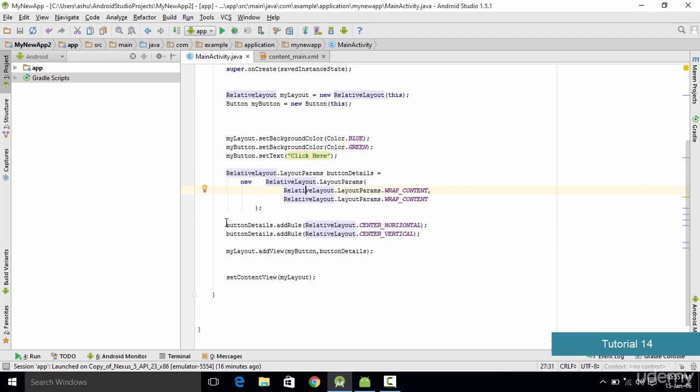Now the next thing which we did is that basically we want to set the position of the button in the center horizontally as well as the position of the button in the center vertically. So we have specified these two lines of code here. And then finally we have added this view, or we have added the button along with the button details to our layout. So now in order to check the output of our program, we save the code, and when we